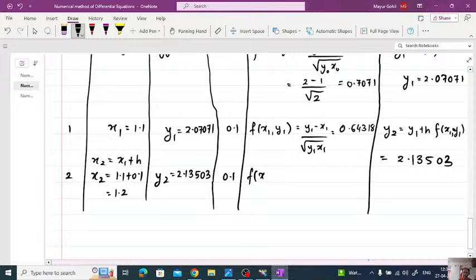So f of x2, y2, what is it going to be? Let us calculate it quickly. It's going to be 2.13503 minus 1.2, that whole answer divided by